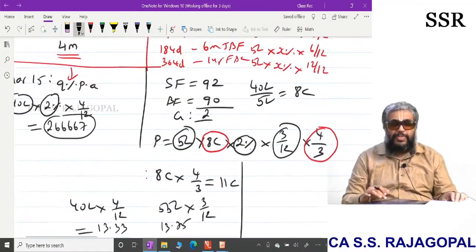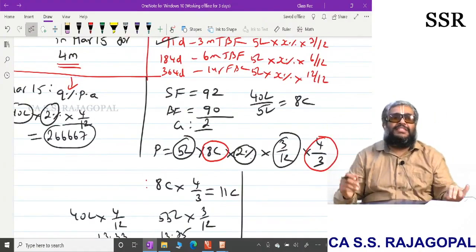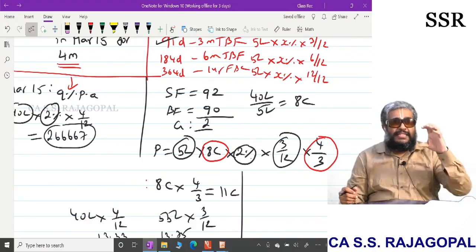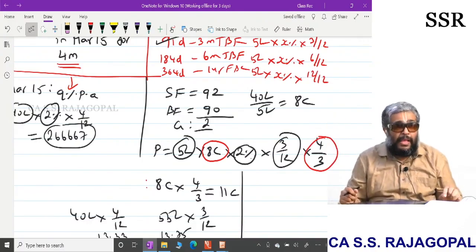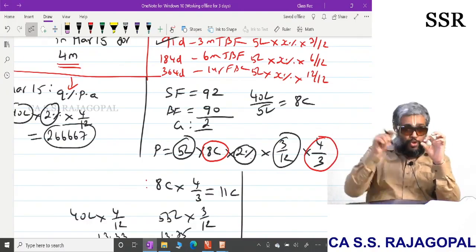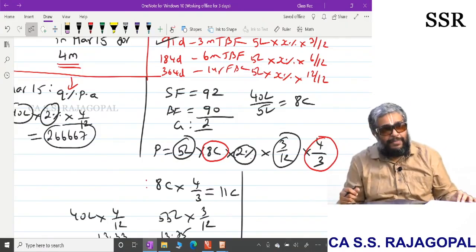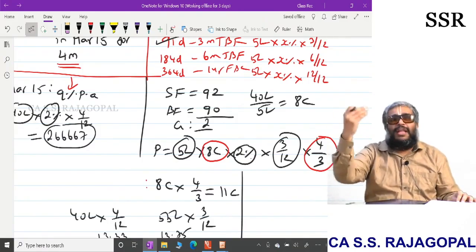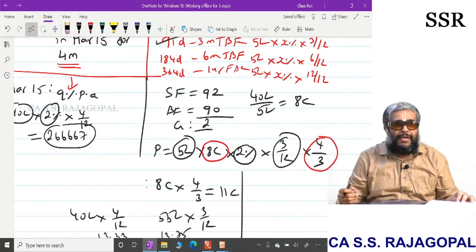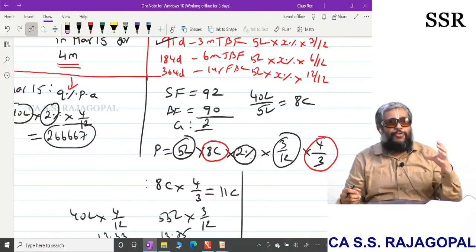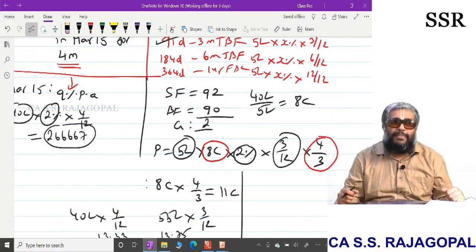A 3 months loan can be hedged using 3 months interest rate futures. A 6 months loan can be hedged using 6 months interest rate futures. But a 4 months loan should be hedged using 4 months interest rate futures, which may not be available. Either 3 or 6 months only will be available, as T-bills of all maturities are not available. So in that case, how to hedge a 4 months loan using 3 months interest rate futures? Very simple, adjust the number of contracts.